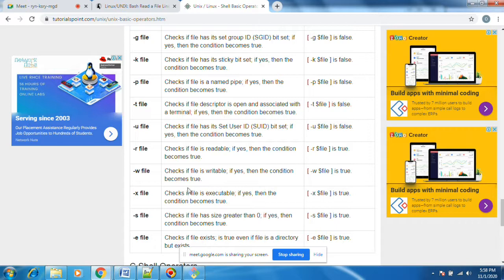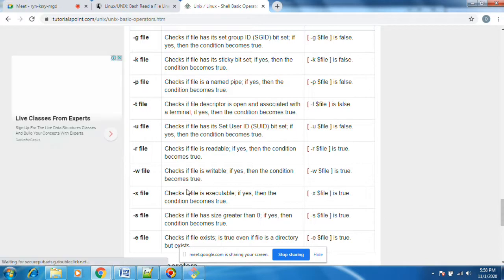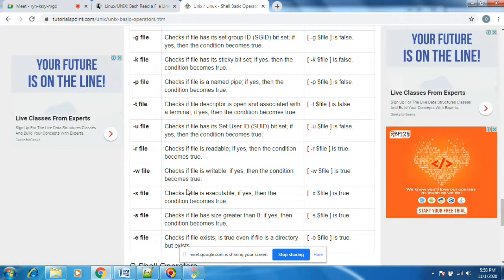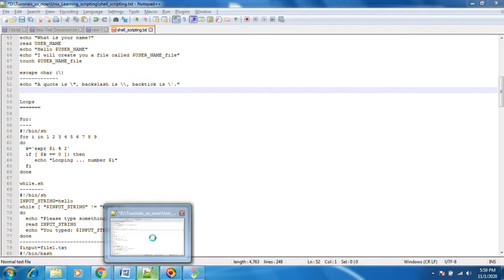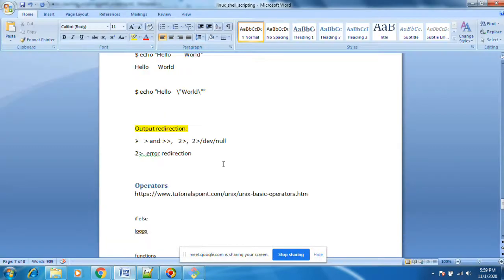Today we have seen how to create files, how to write log files, how to redirect data, error redirection, error data into another file, script output into one file, appending, all kinds of things. These are very important, but you need to practice thoroughly.